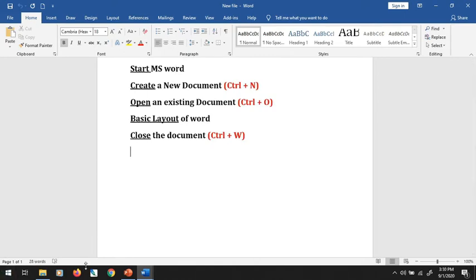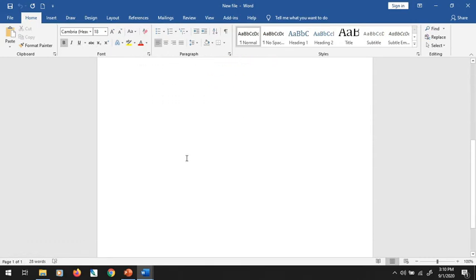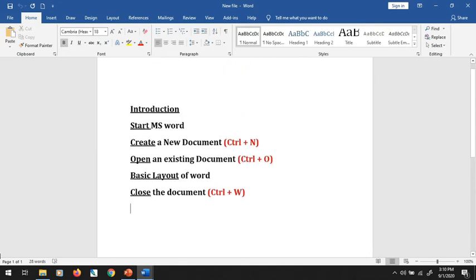Then at the bottom there is a status bar which shows you the status of your document. Like in the left corner there is the status of your page, which displays the current page you are working on out of all the pages of the document. Like we have a total of one page in our document, and I am working on page 1 of 1.